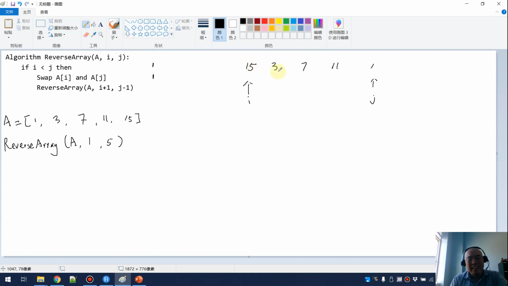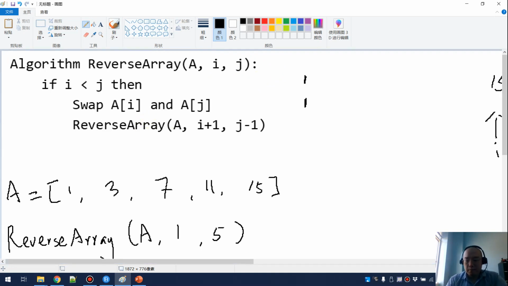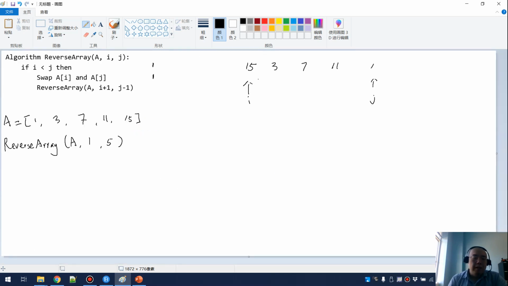I'm being lazy. So we have swapped the very beginning and the very last, and after that, when we want to do the recursive call, I want to move the I up by 1, and then J down by 1. So this will be the first recursive call. We are moving the I and J both toward the middle,